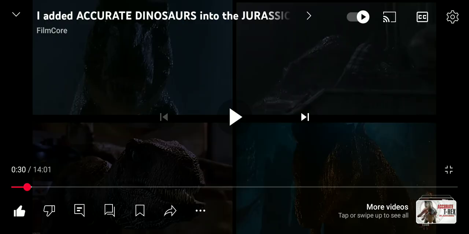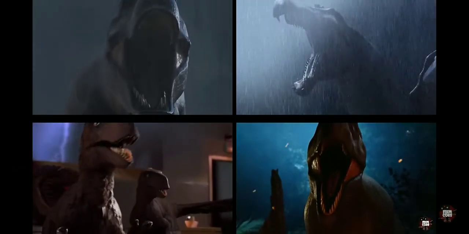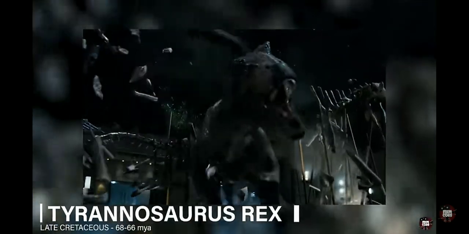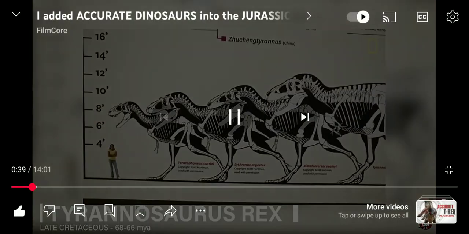And added them back into the movies. I knew that I had to start nowhere else but with everyone's favorite queen, Rexy. I needed her to be based